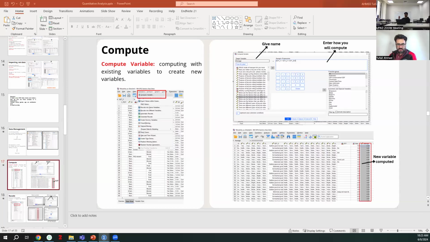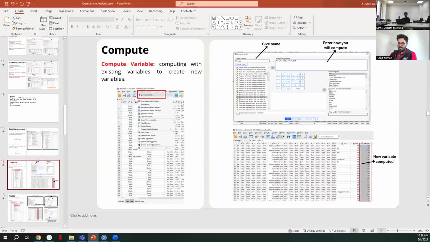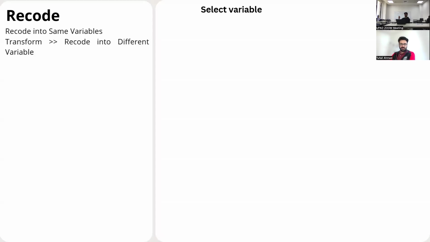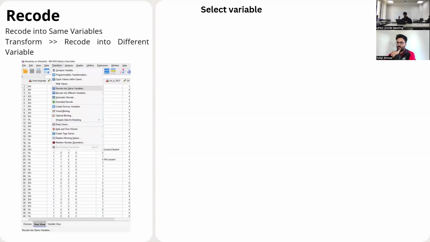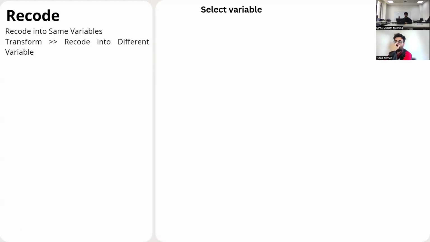Okay, so the next, now we will compute, or you can say recode. Yes, Tufail, just one second, please. One student has a problem. Let me see. Okay, but how to get the name? I want to get the name. So then we will go to transform, and the way he explained, you will just follow the steps and add the new variable in the transform section.